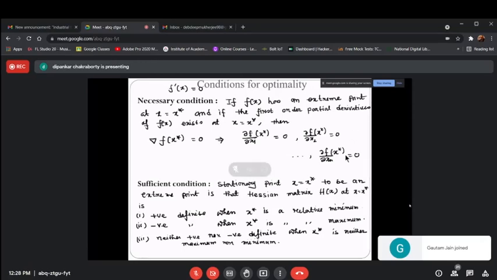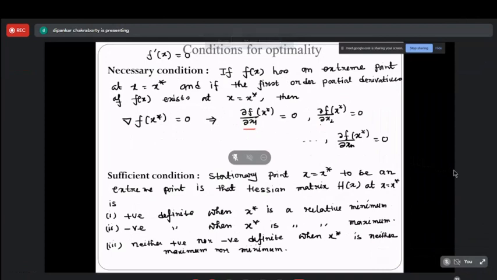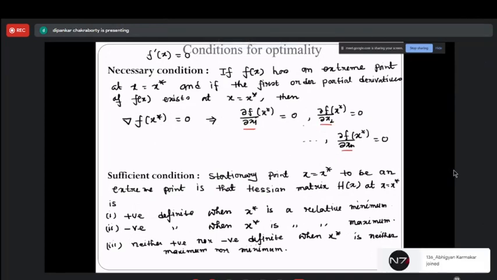A system of linear equations in the form of del f del x1, del f del x2, and del f del xn. And if you solve the system of linear equations, you can find out the extreme points. Okay. Now, after finding those extreme points, how do you know that these extreme points will give us the maximum